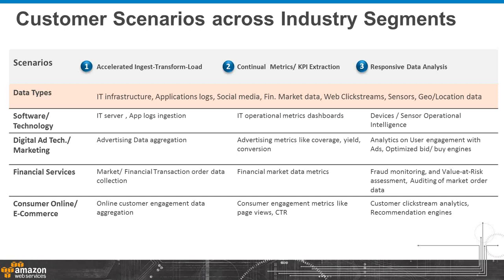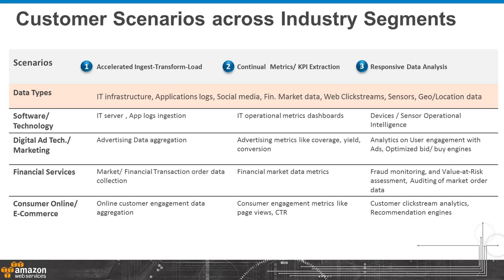Please bear in mind that the actual data types can be various and many. As we discussed, this could be IT infrastructure, application logs, this could be social media feeds, this could be financial market data, data emanating from customer website clickstreams, and it could include sensor device data inclusive of geo and location data.